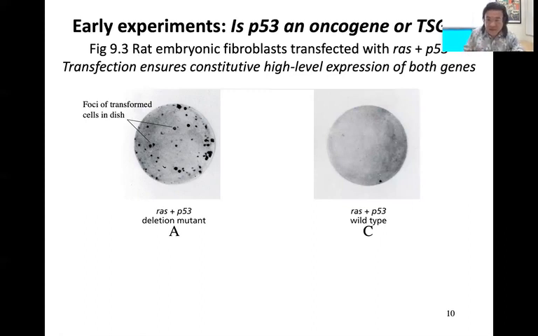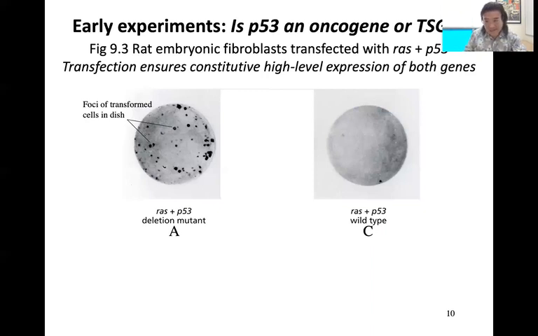But the researchers took it a step further, because they knew that p53 is mutated in so many different clinical tumor samples, but they realized the types of mutations that you see in p53 in human cancers are not deletions. What you see are different point mutations within the p53. All right, so they said, okay, well, what if we actually just reconstructed one of these point mutations in the p53, like you would actually find in a real human cancer? Then what would the result be if you made these cells express both?